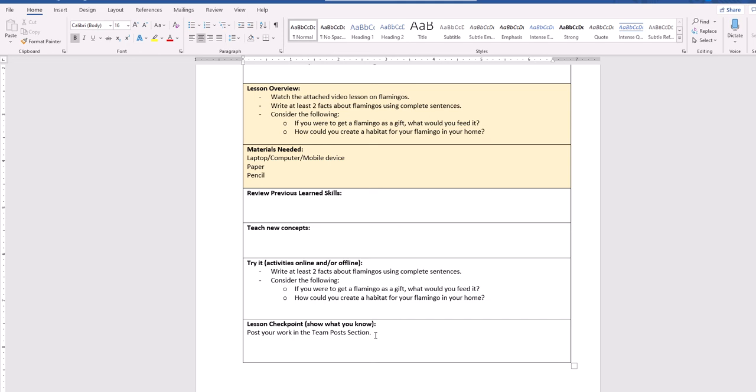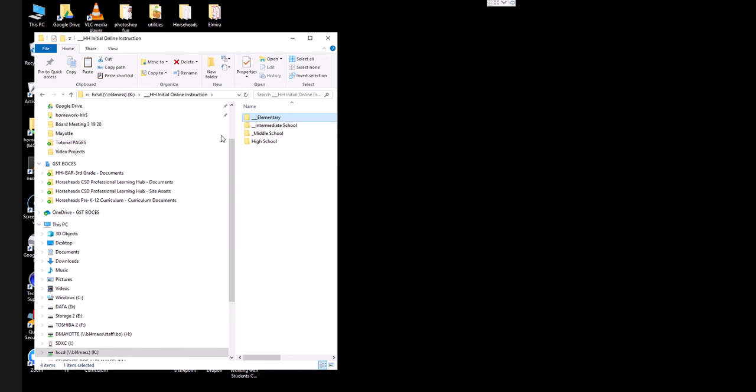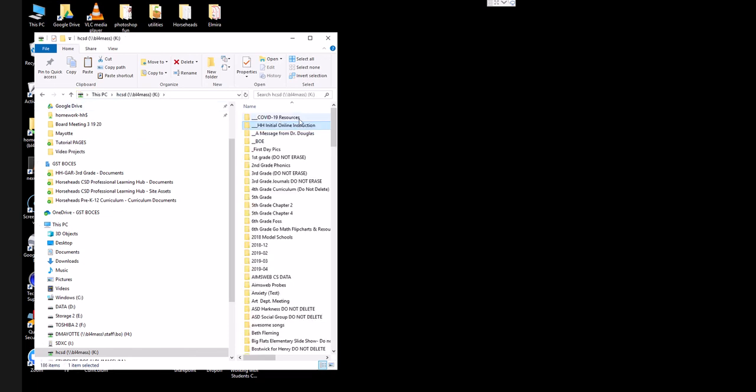Now, probably the most important thing about these lesson templates is where we're going to save them. Because if you're looking for the certain lesson for that certain week, you have to know where to find it to deliver it to your individual class. So, if you go to your K drive, okay, there we see our COVID-19 resources that we created a couple weeks back. Okay, and now there is an HH